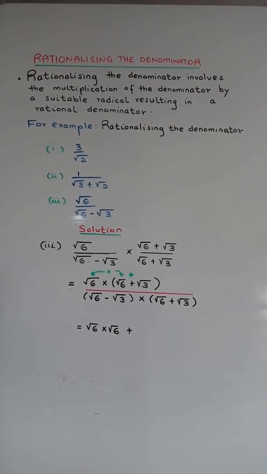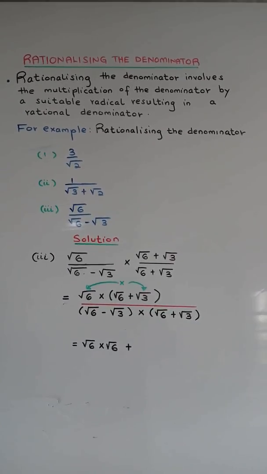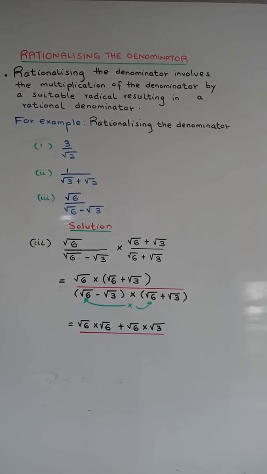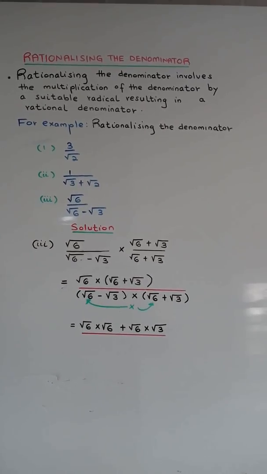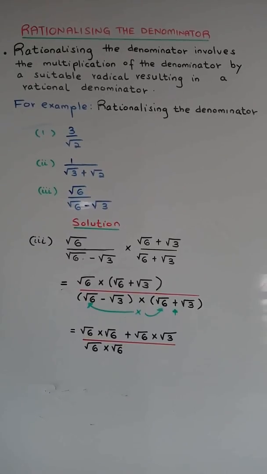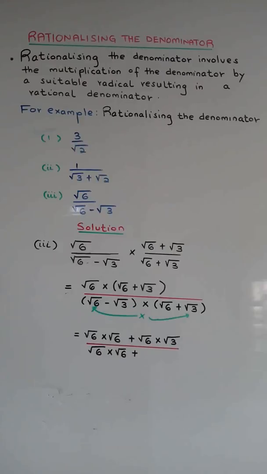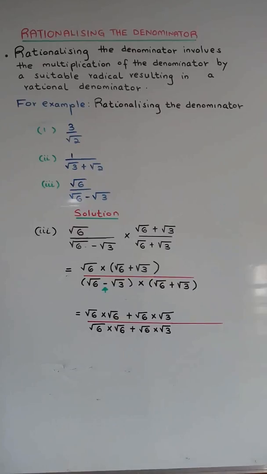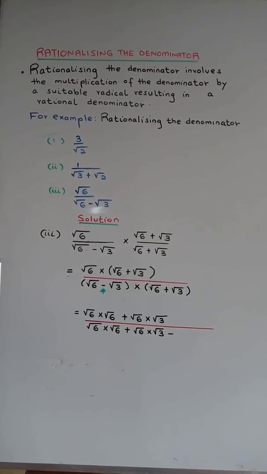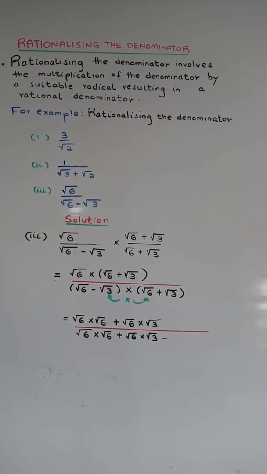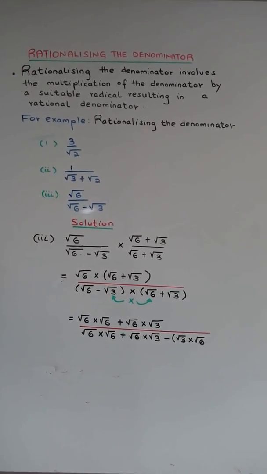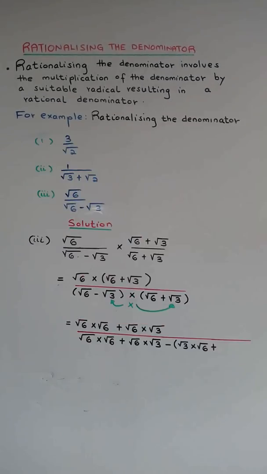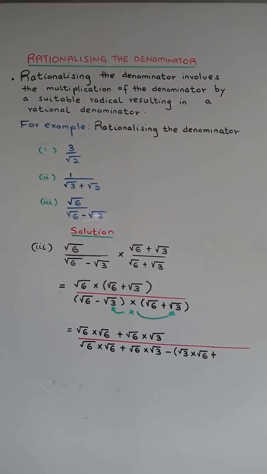plus radical 6 times radical 3, over radical 6 times radical 6, plus radical 6 times radical 3, minus radical 3 times radical 6, plus radical 3 times radical 3,